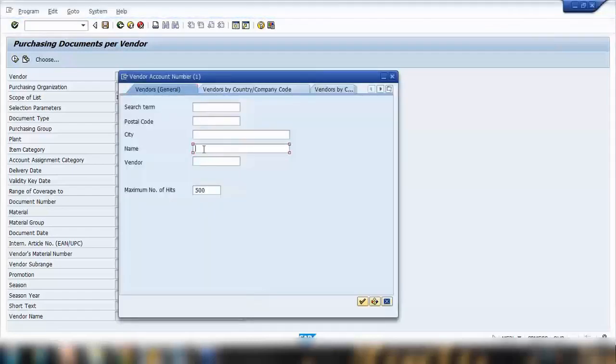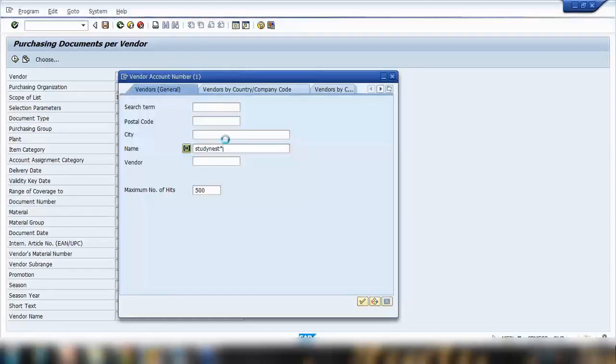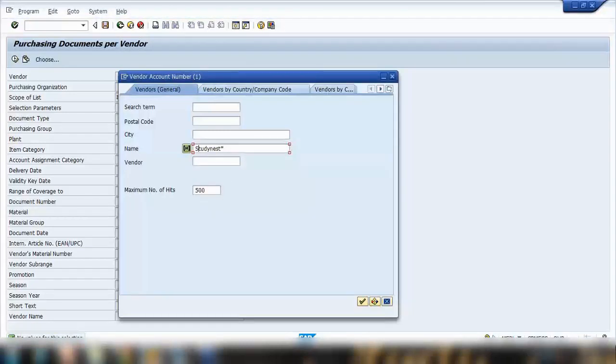And that's the search screen. And here I will search for, you were using StudyNest vendor. So I'll say StudyNest star. Can't find it. Okay, let's start again. If I say star, StudyNest star,